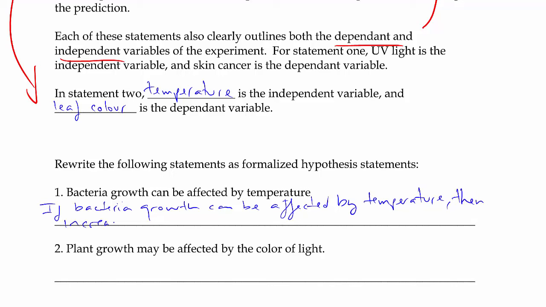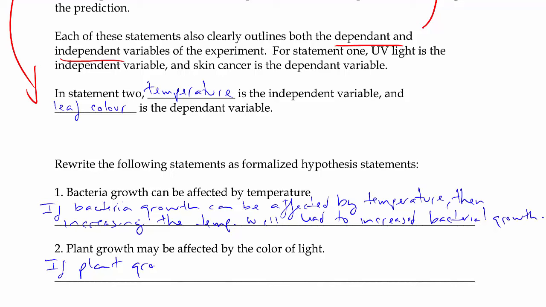increasing the temperature, I'm just going to abbreviate it, temp, will lead to increased bacterial growth. Yep. Number 2, plant growth may be affected by the color of light. So I would suggest, again, the if-then statement. If plant growth is related to the color of light,